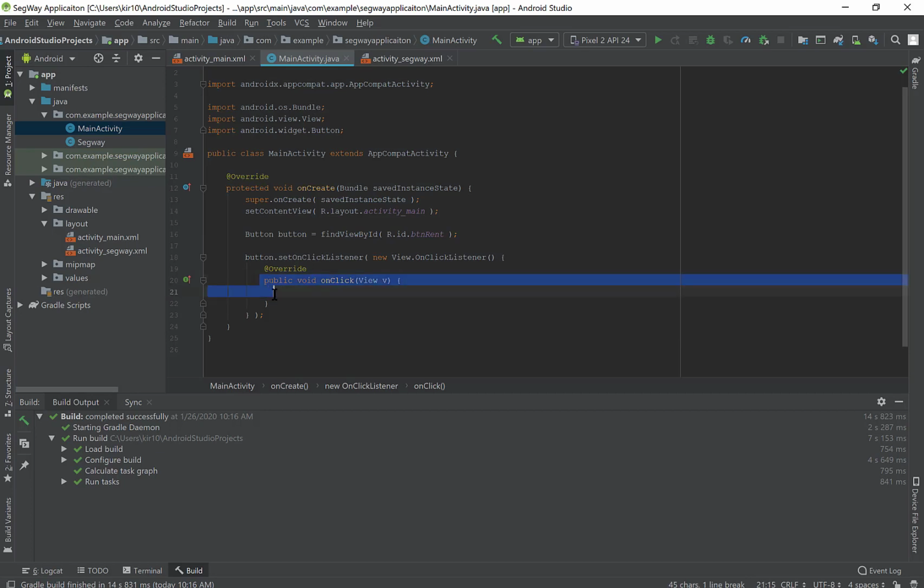I have a public method called onClick, which is needed, and inside this method is what will be done when the user clicks on that button. So a lot of work just to say create a click listener for the button, but that's what you have to do. And so now the next point is that we need to ask the operating system to load a